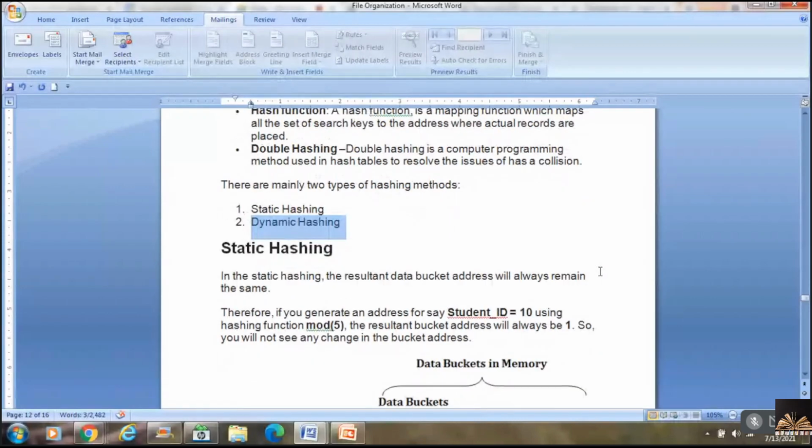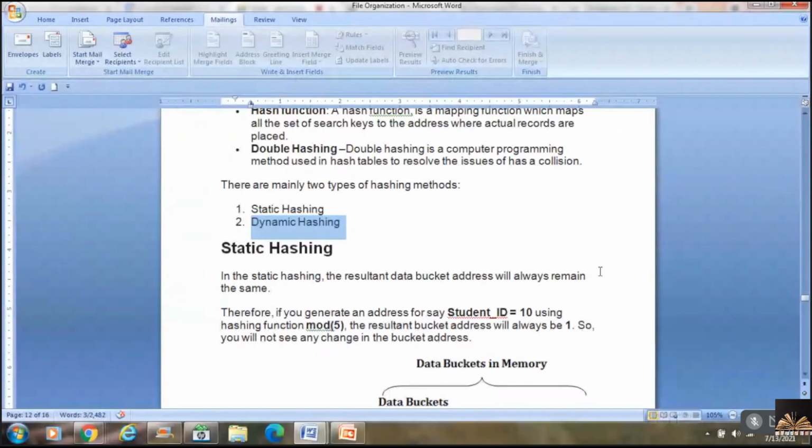Okay, see, whenever I am talking about static hashing, the resultant data bucket address will remain the same.